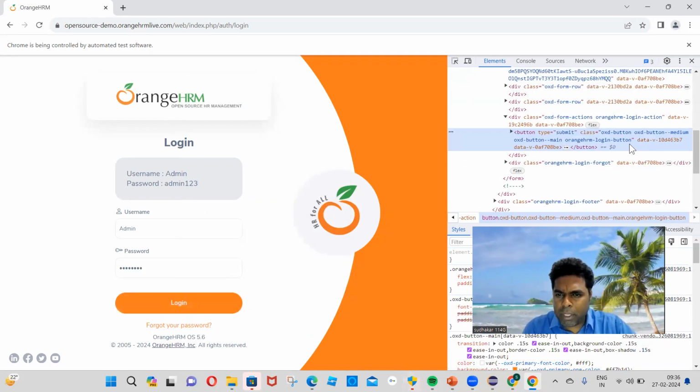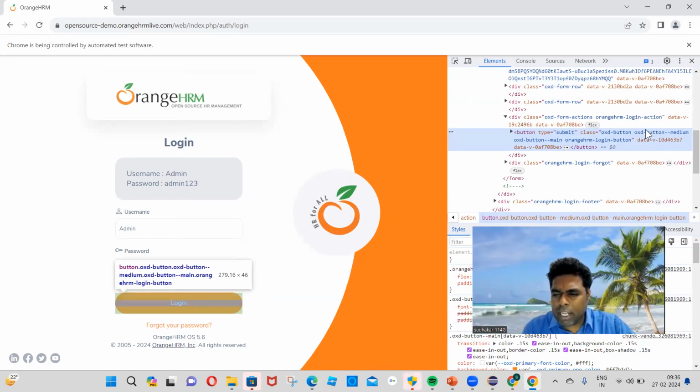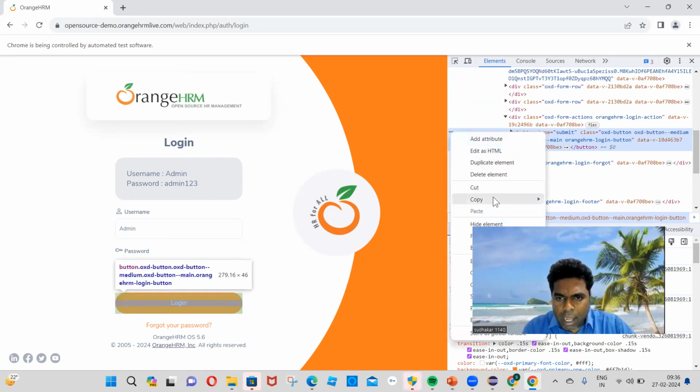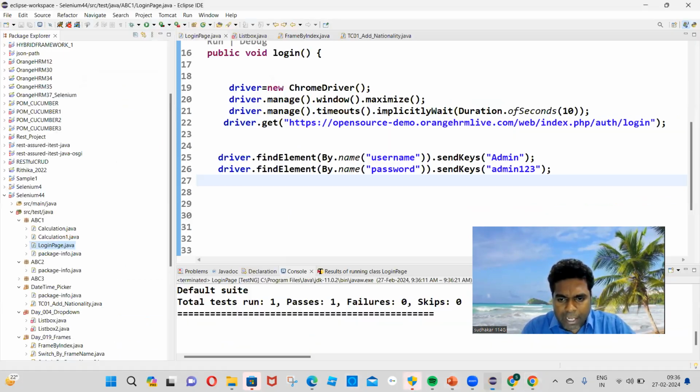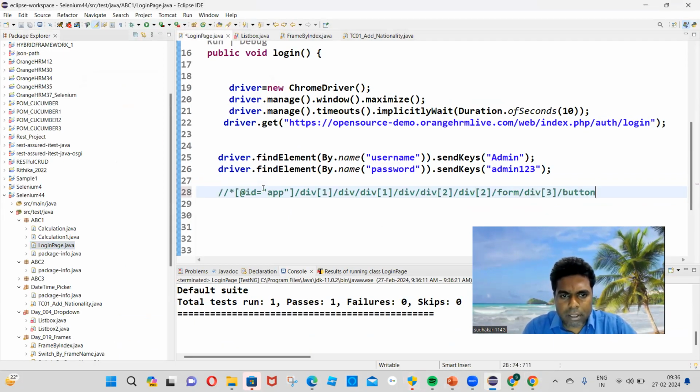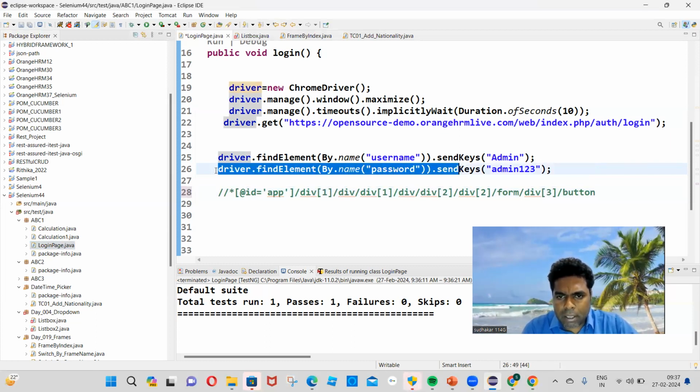So for that, since the developer has not given a name or ID, I'm clicking on these three dots, going to copy, and clicking on copy XPath. So let's go to Eclipse and paste it here. So this is called the login button XPath. I'm removing the double quotations and changing to single quotation. So I'm writing one more line of command. Control C,